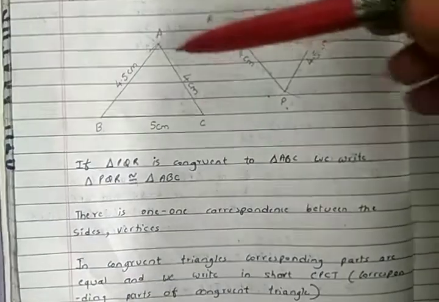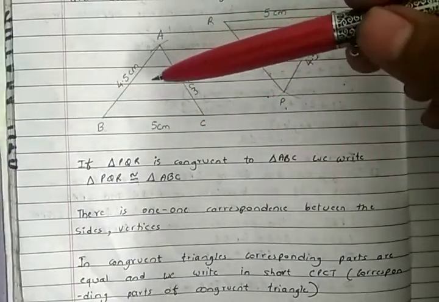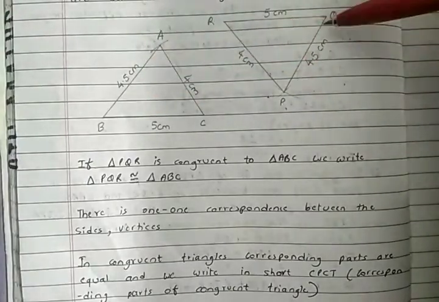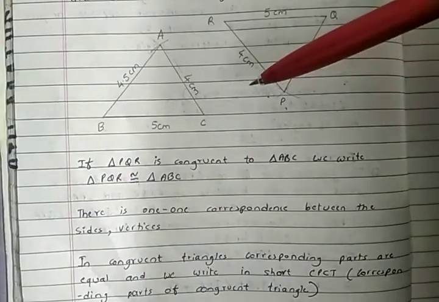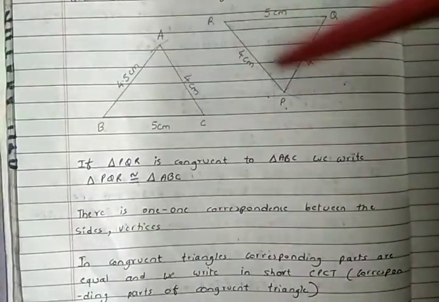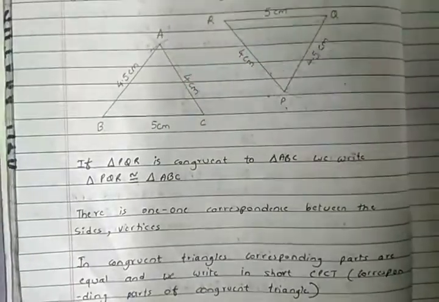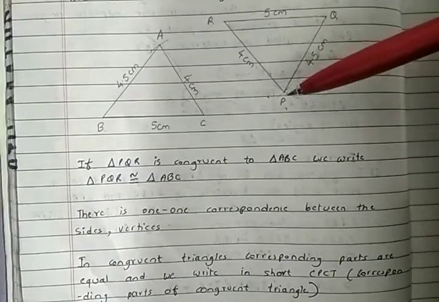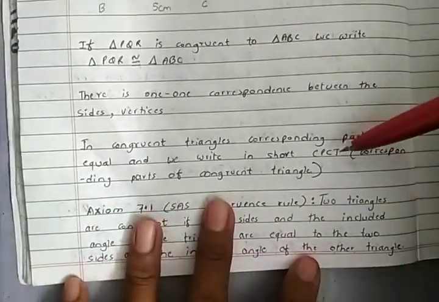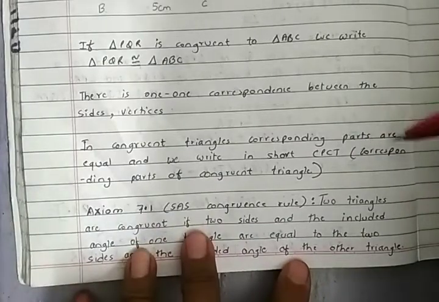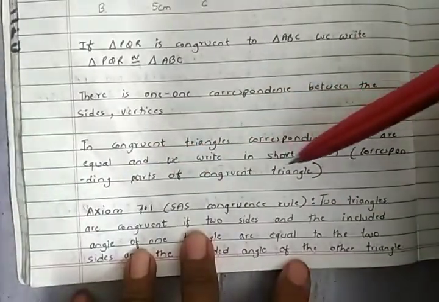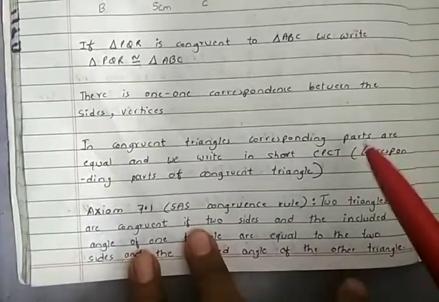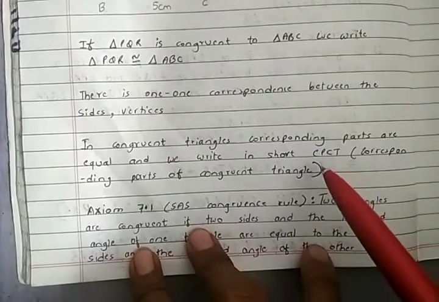Now in congruent triangles, the corresponding parts, this part is equal to this part. We can say that they are corresponding parts of congruent triangles. This whole triangle is congruent, so these are the parts of it which are congruent to each other. So the short form you can write it as CPCT, corresponding parts of congruent triangles. You have to remember this. We will be using this frequently in the next sums,